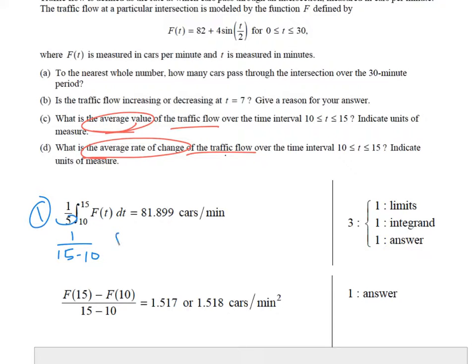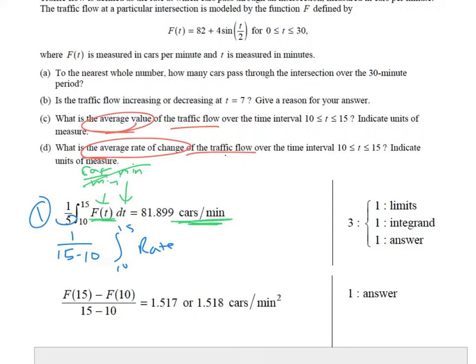And then times the integral from 10 to 15 of my rate function, my traffic flow. So that one we're getting 81.899 cars per minute. Notice that the units there are matching. This cars per minute is matching the units of this f function. I know I've showed you this before, but my f function is cars per minute, and then times my dt is minutes. And those are canceling out, and that's giving me